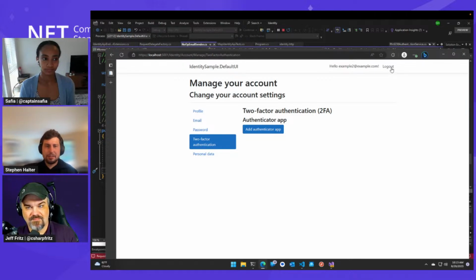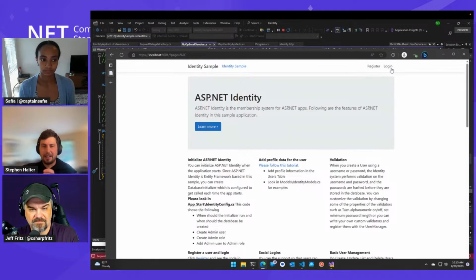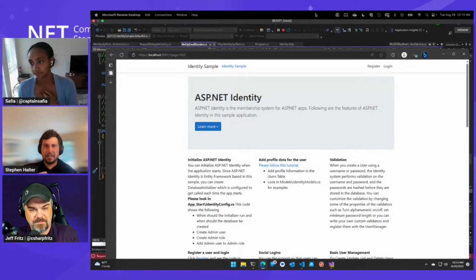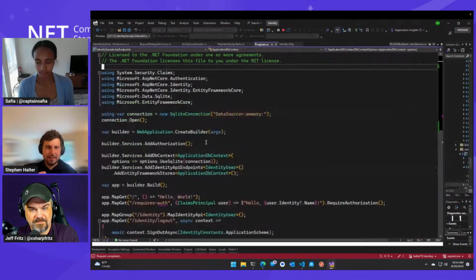There are two things to note about this. One, the authentication scheme we're using here is cookies. It works well in browsers. And another thing is that we're using Razor pages. So if you don't have a browser, it ends up not being as good of a solution. But we have a very modular identity system, which allows you to pretty easily customize it. And we are demonstrating this with this new thing called Map Identity API.